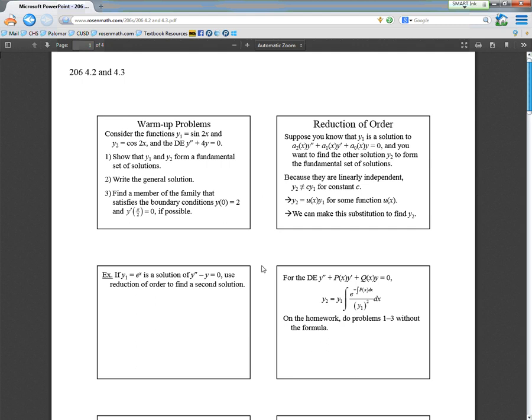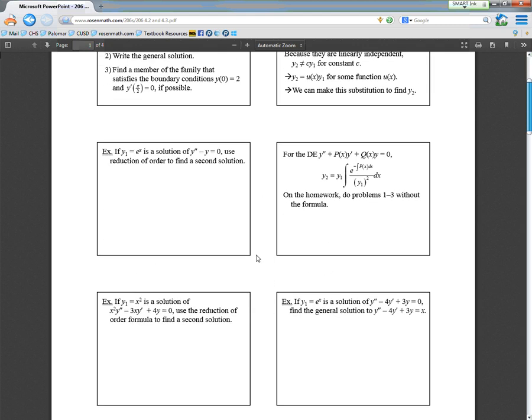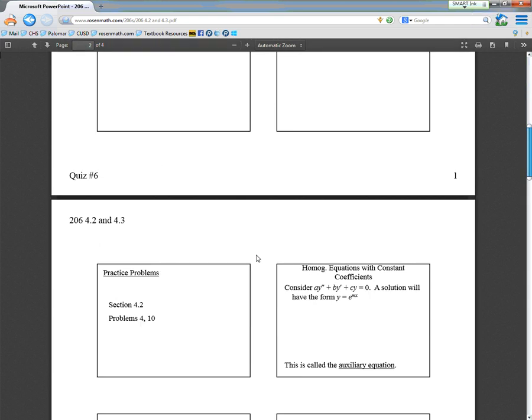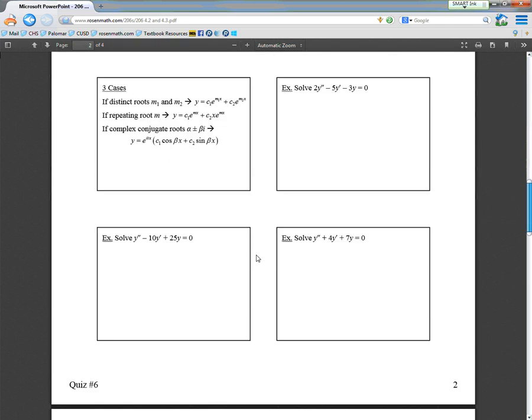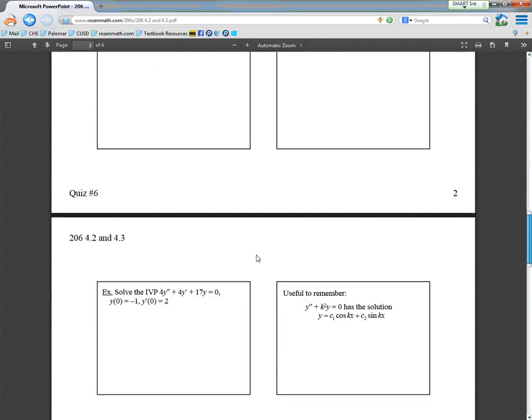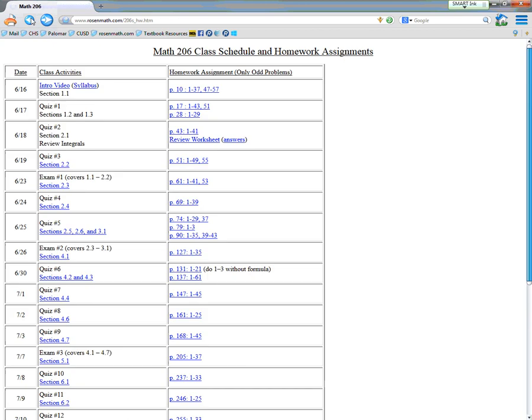So here's a handout of the lesson that I'll be doing this day. My suggestion would be, if you want to, print it out, bring it with you, and then you can use this to take notes during class. Also on the right side are all the homework assignments. Each of these also is a PDF with the solutions for that handout. And then for the first day, the syllabus here,